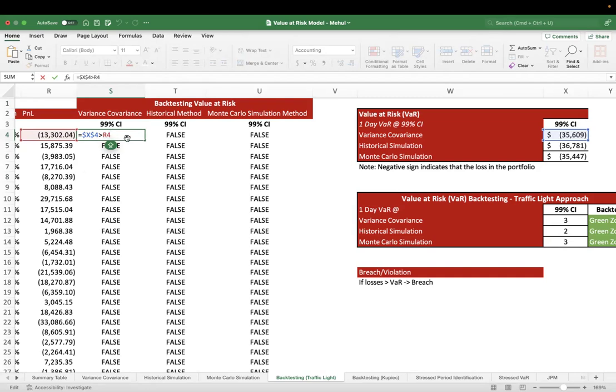Oh yeah, okay, sorry, I made a mistake. I think we need to make sure whether the actual loss is greater than the value at risk number. And if this is the case,